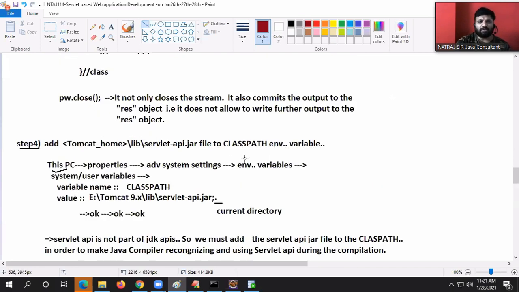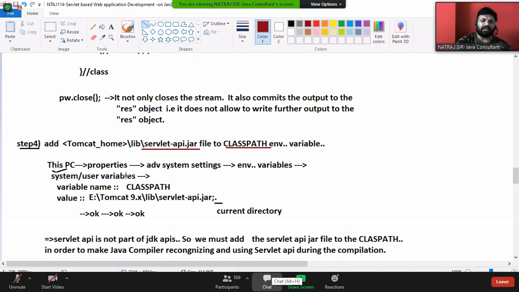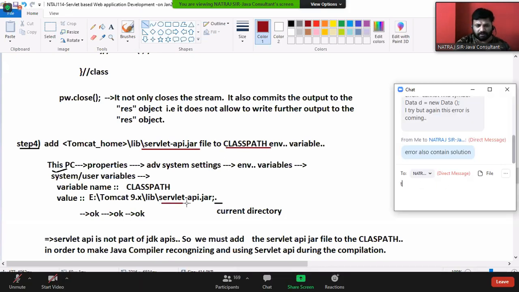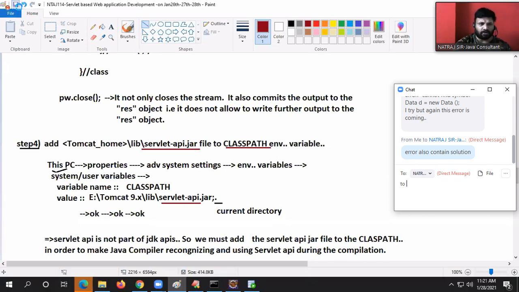Then we have to add the jar file to the class path environment variable. Why, sir? Servlet API is not there in JDK. It is there in servlet-api.jar. From that jar file, you have to get it.